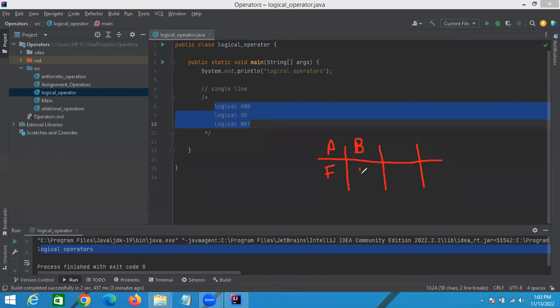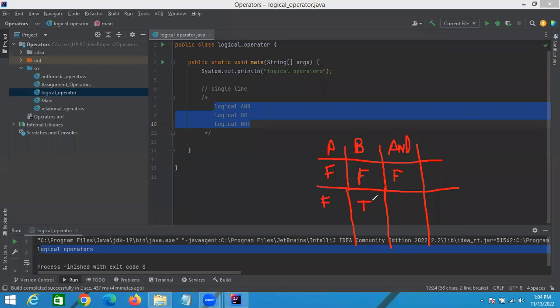Initially, we are going to take both as false. What are we going to receive here if both are false in the AND gate? Here I am going to write AND. It gives result false, right? If first A is false, but second becomes true,